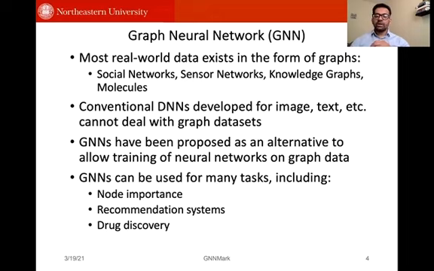So what the machine learning community has done over the past few years is come up with graph neural networks, which are an alternative to allow training of neural networks on graph data. And overall, GNNs can be used for many different tasks, which is not limited to things like understanding node importance in the graph, recommendation systems, as well as